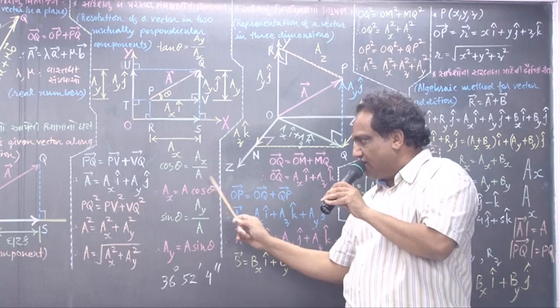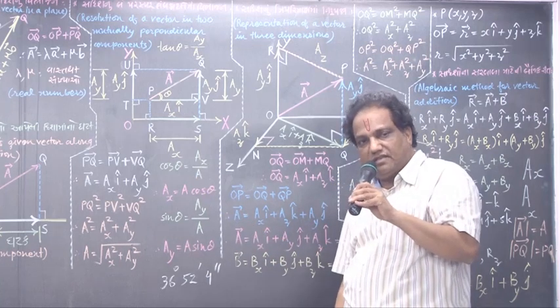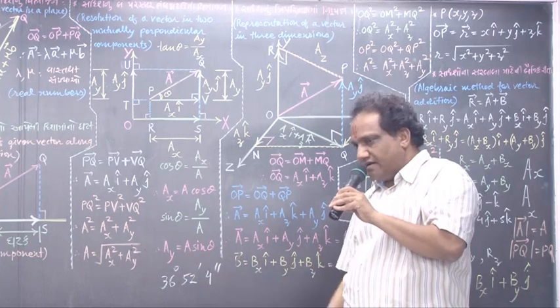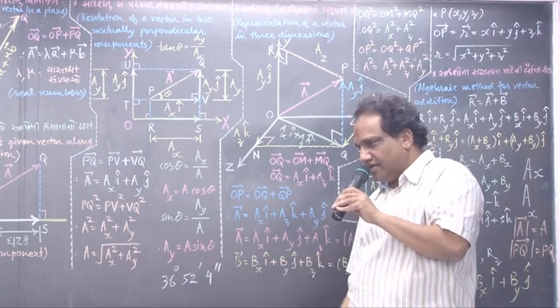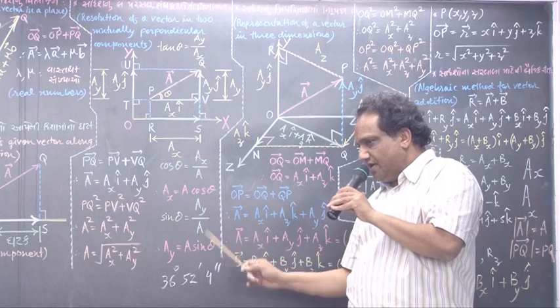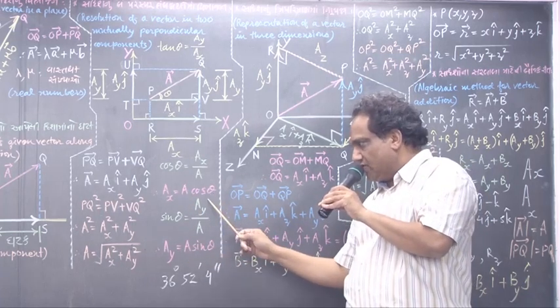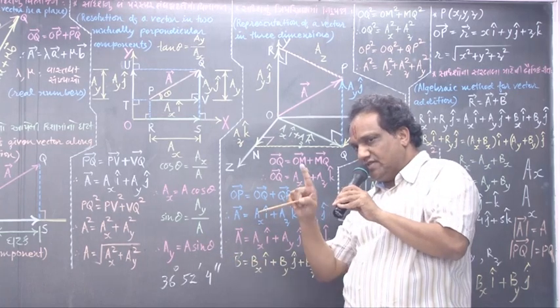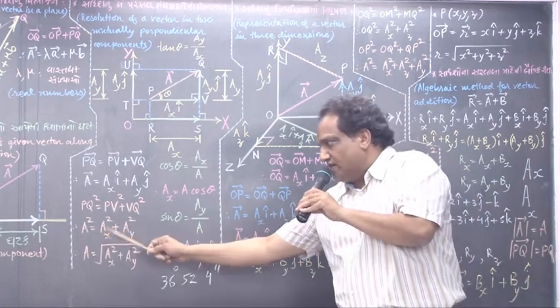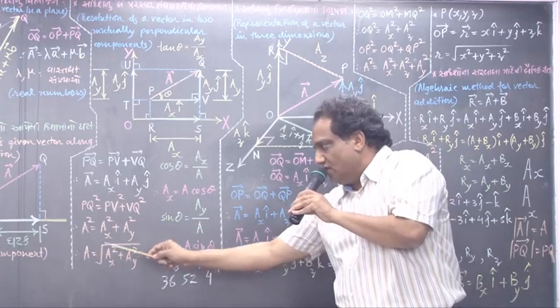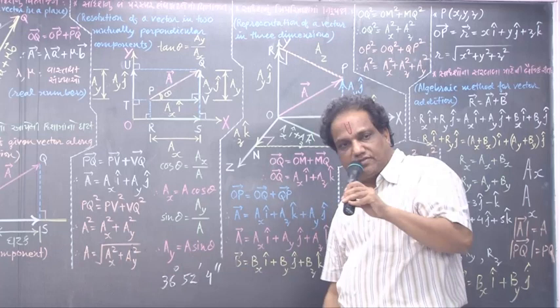A square cos square theta. Say, what is AY square? A square sin square theta. Add AX square plus AY square: A square cos square theta plus A square sin square theta, which is A square times the bracket of cos square theta plus sin square theta. So you get A square equals AX square plus AY square. Take the square root, then A equals under root of AX square plus AY square.